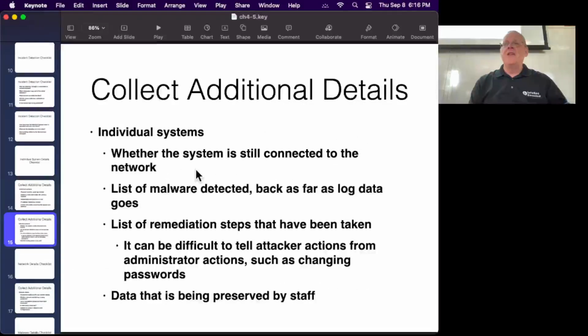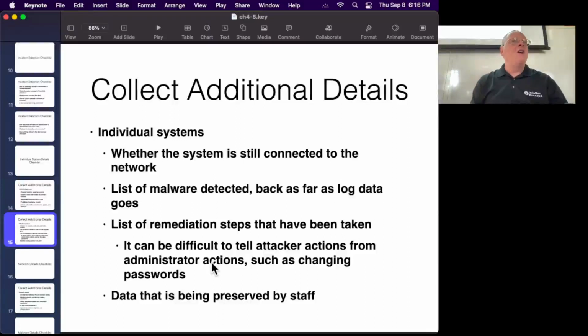And whether it's still connected to the network, a list of what malware is detected, which will be your antivirus logs or endpoint protection, and a list of whatever people have done to try to fix the problem. They might have tried to re-image it or uninstall things or run some kind of antivirus cleaning program. And again, if they're doing all that, then you will need to know that they did that and that wasn't the attacker doing that,